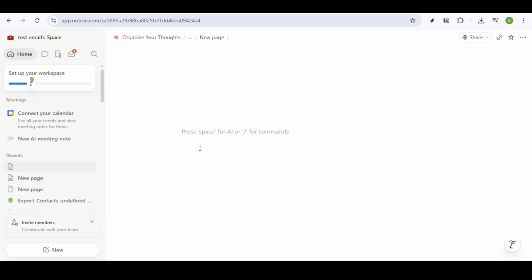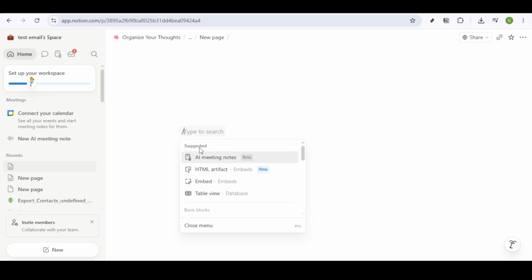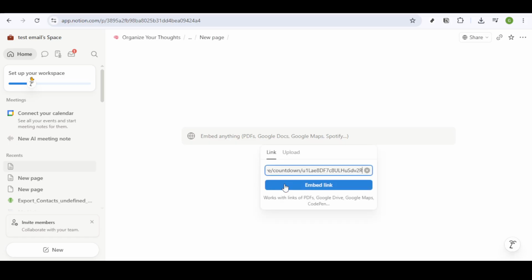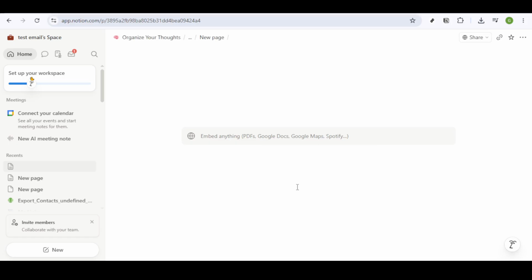Now switch over to Notion and open the page where you want the timer to appear. Click into the page, type /embed, and select the embed option from the menu. Then paste the URL you copied from the widget service. After that, click embed link. Notion will insert the countdown timer directly into the page, and from there you can reposition it or resize it